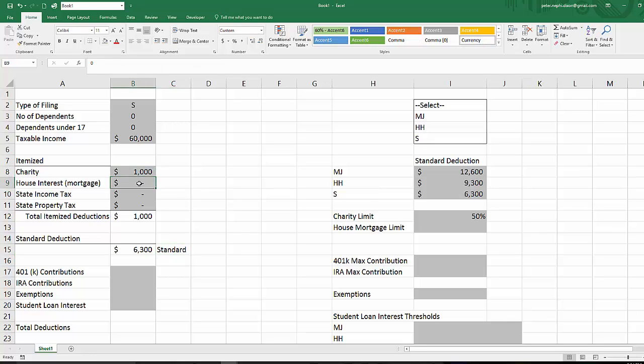Now, suppose I go and buy that house that I pay $8,000 a year in house payments, and I end up paying $2,000 a year in property tax. All of a sudden, my deductions are going to be larger, and so it's going to say I want to itemize. Now, 401k contributions. 401k contributions are deductible